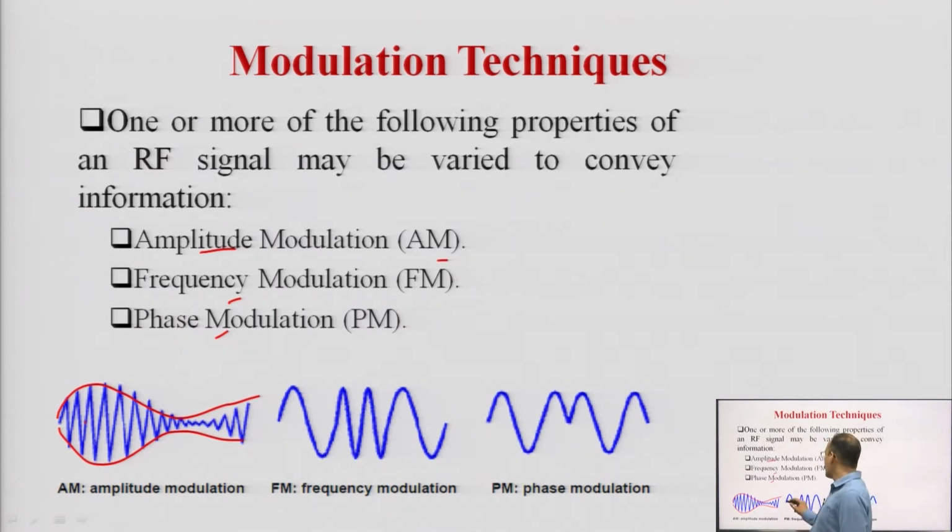In the frequency modulation, you are changing the frequency of the signal, and you can see here that in this part the frequency is low, whereas here the frequency is high, because the number of cycles increased in a particular time, as per the frequency definition: number of cycles per unit time.